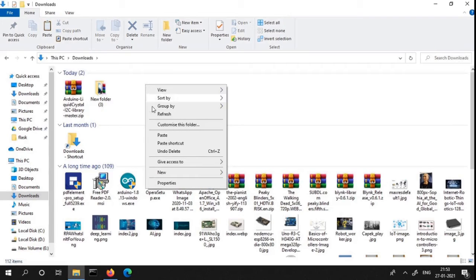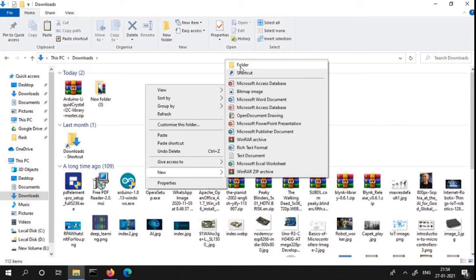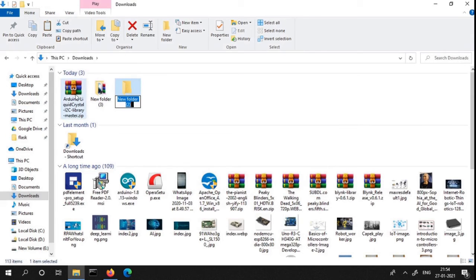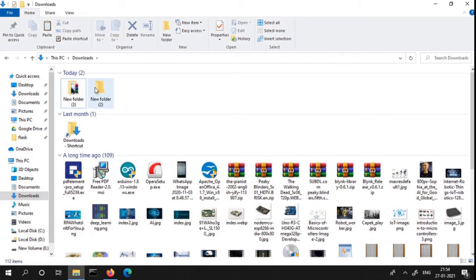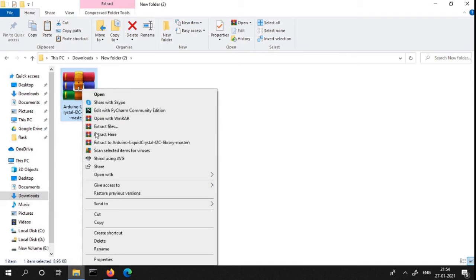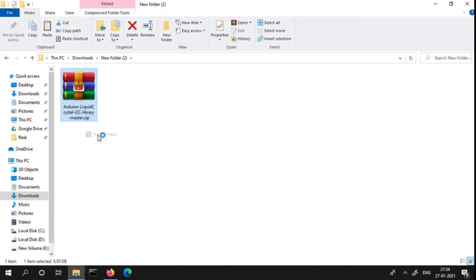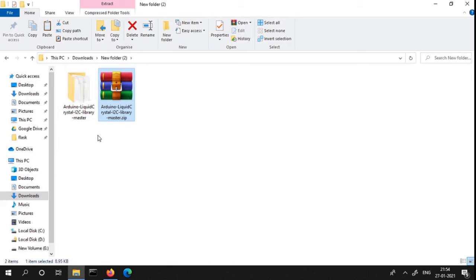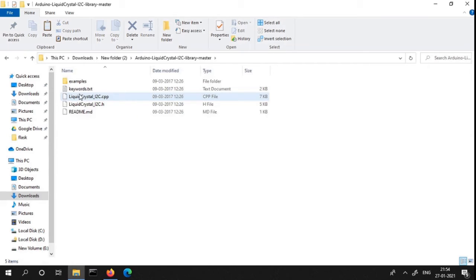Okay, the zip file is downloaded. We are going to extract it into another folder. It is extracting. We can see the necessary library files and some examples for reading.